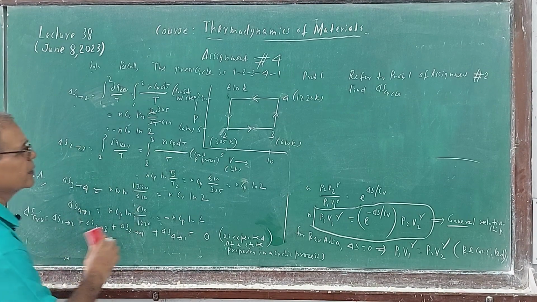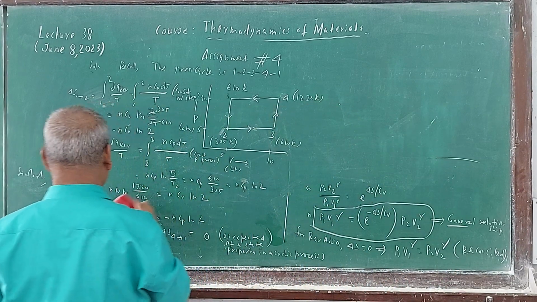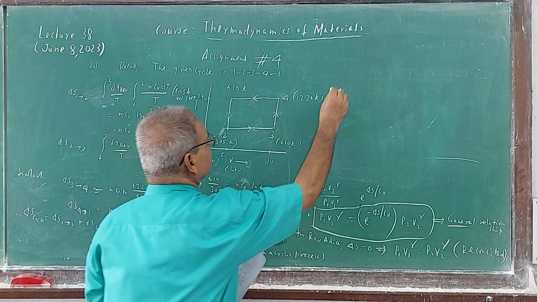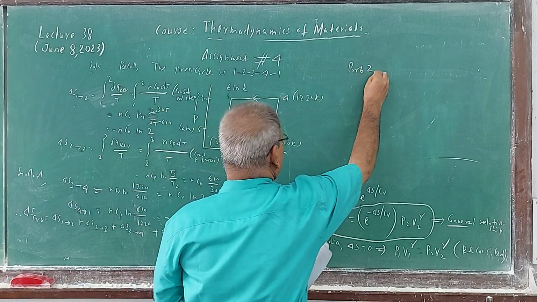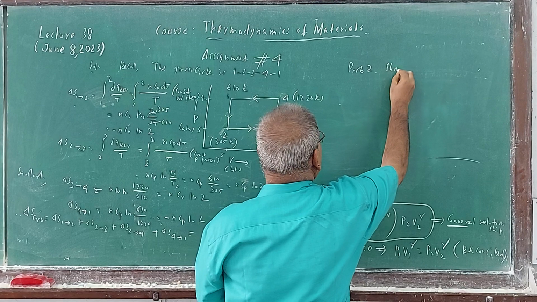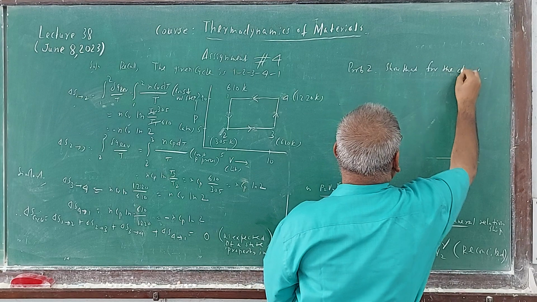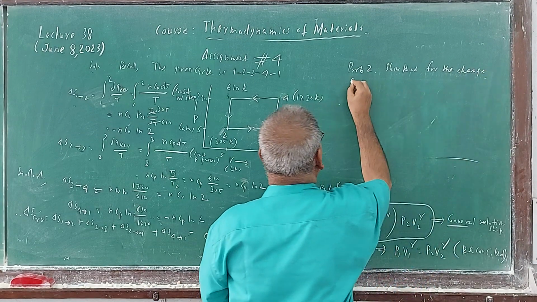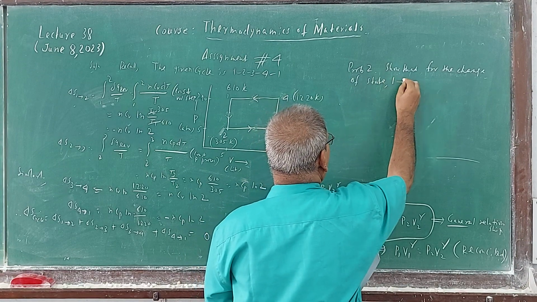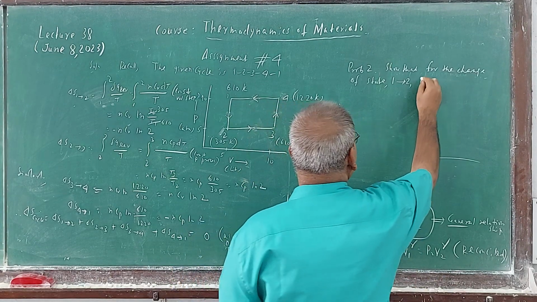So next is problem 2. Remove this. Problem 2 is an easy, very short problem. Follow what is given. So that for the change of state 1 to 2, for n moles of an ideal gas,